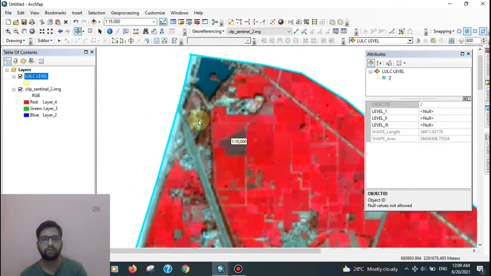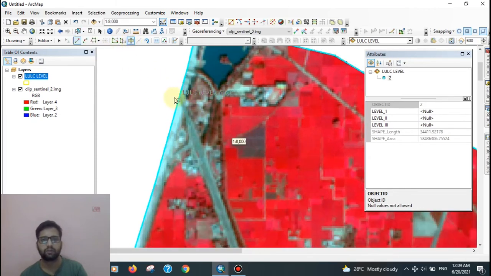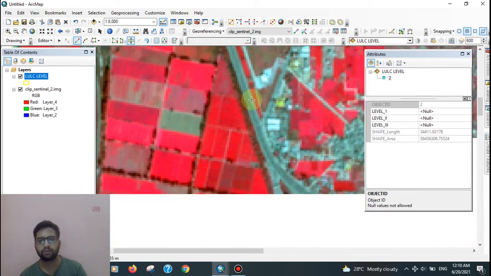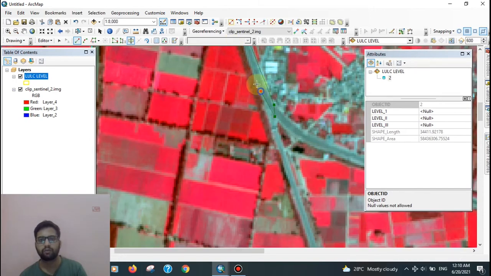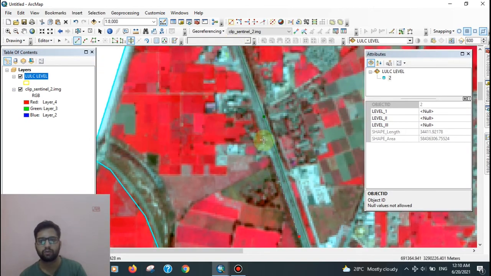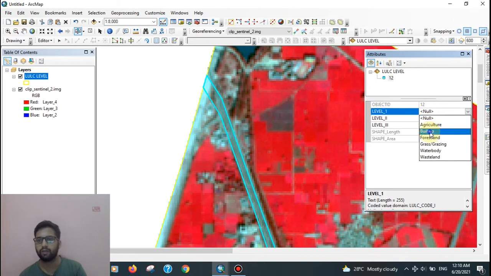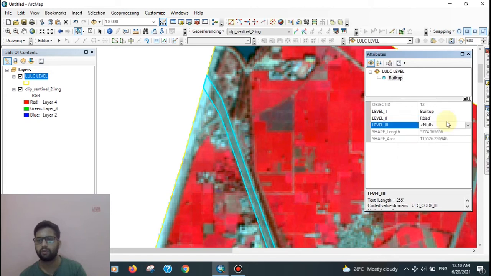So select, okay, suppose I have digitized some part, then select it. Okay, then build up, road. Okay, that is national highway.